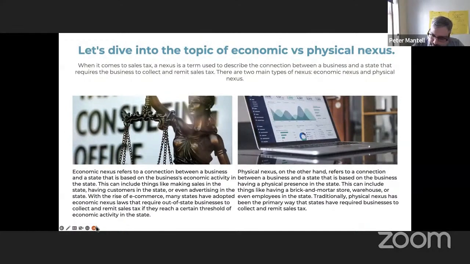In the early 90s, there was a ruling, Quill, in the United States that went all the way to the Supreme Court level. The Supreme Court, when they ruled on this, said it was unconstitutional at that time to compel a third party entity that had no operations within the state to have to collect or remit sales tax. In that environment, they incorporated a component called the bright line test. The bright line test effectively said that if you had a person, place, or thing operating within the confines of that state, then by definition, you have what they would call physical nexus.